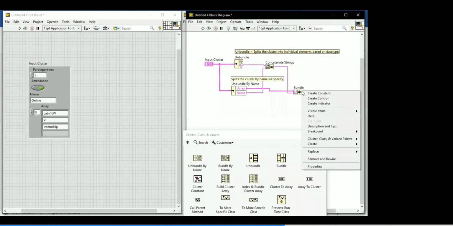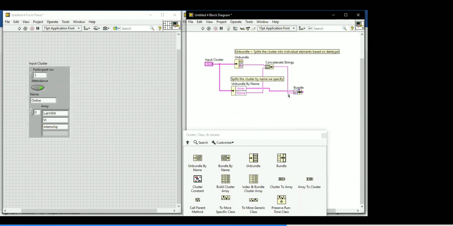How many elements will you get, and what is the order of the elements? If I create an indicator, how many elements will be present in the indicator and in what order? Because bundle only mentions the data type, it will see the data type only, it will not see any name over there. Tell me the answer.